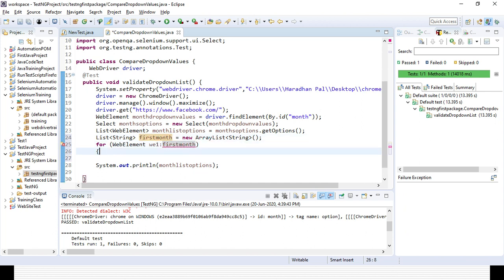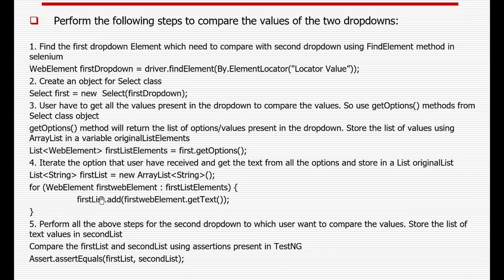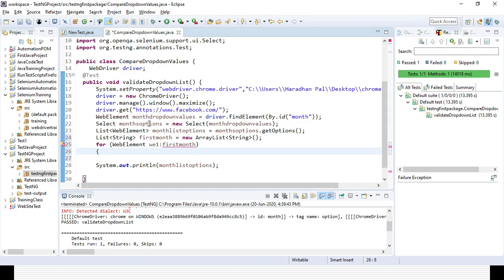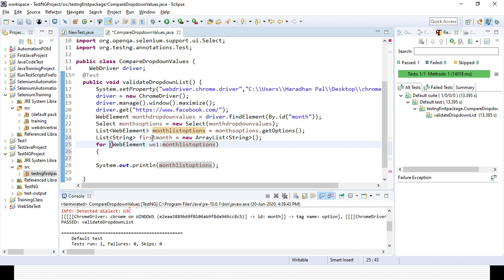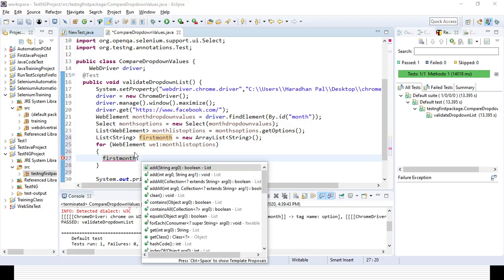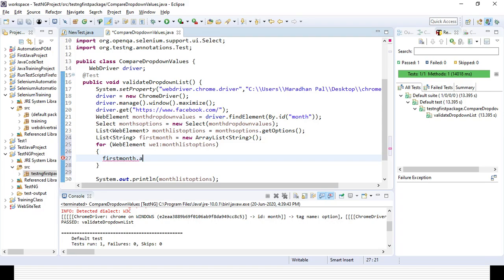Then you need to use the options, sorry, here you need to use that options, month options, dot add first month.